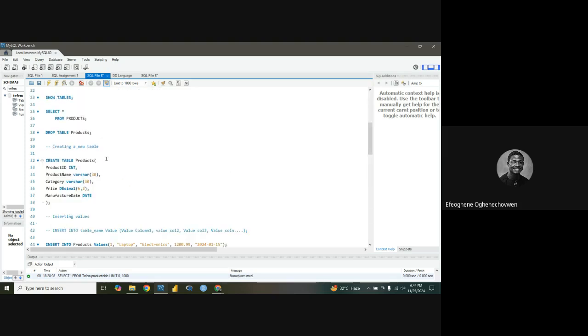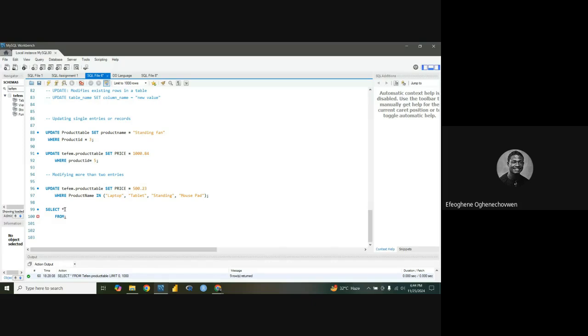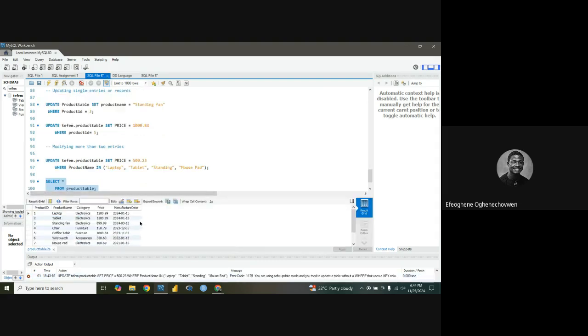All right. So we say select all the columns. That's what this asterisk stands for. From where? It's like get me all the chocolates from where? From the freezer or from the fridge. So from the table name. What's the table name again? Product table. All right. So if we hatch this, control plus enter. Why is this giving me